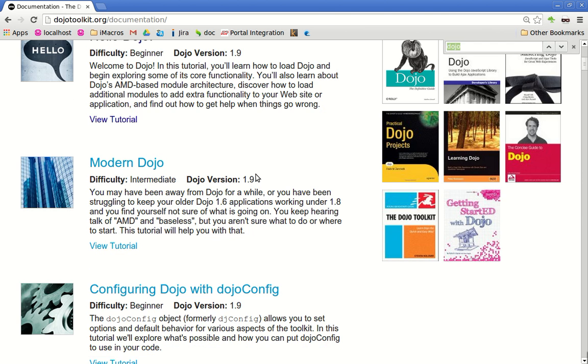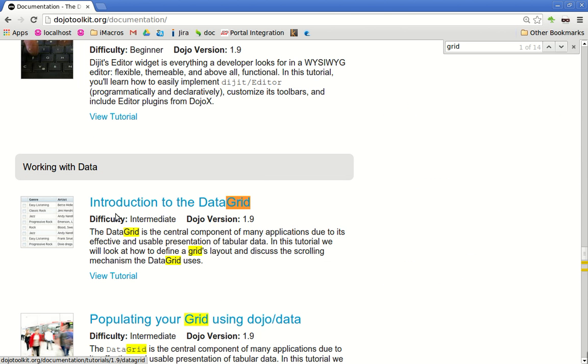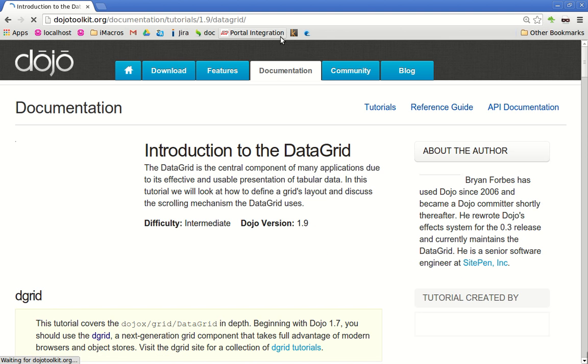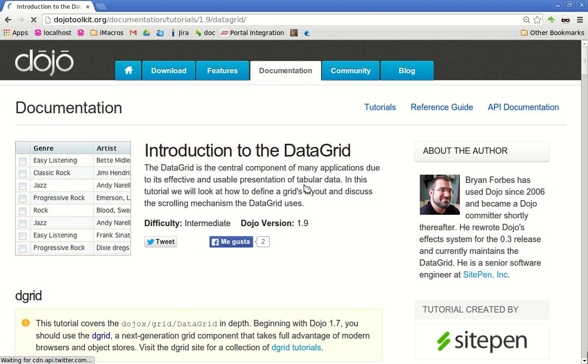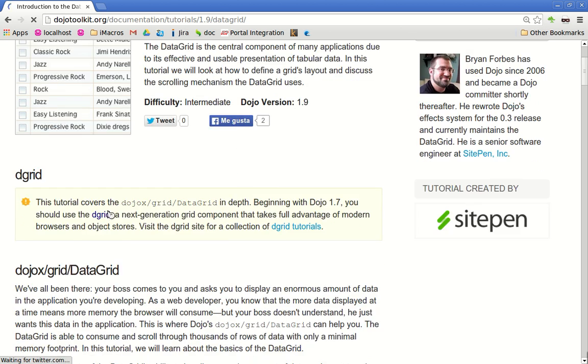Let's look for grid. This one, introduction to data grid. They have a great introduction to using the original data grid, but they also say that